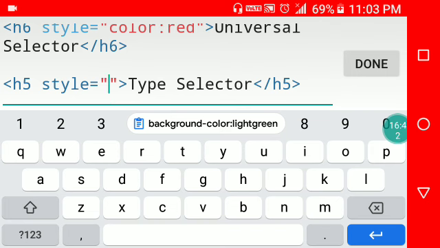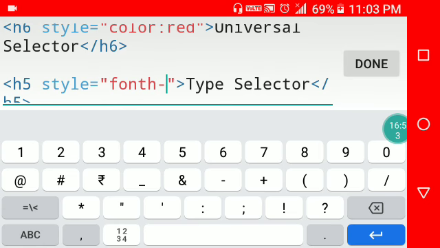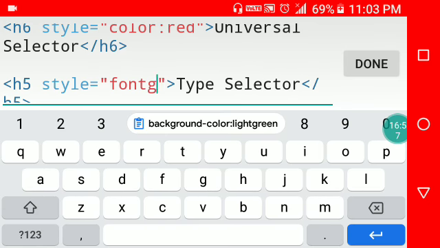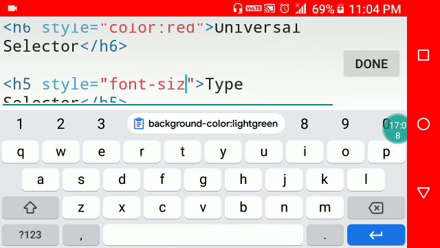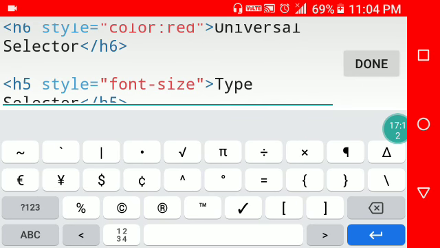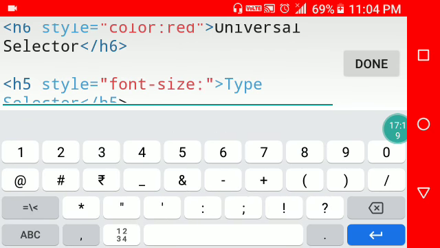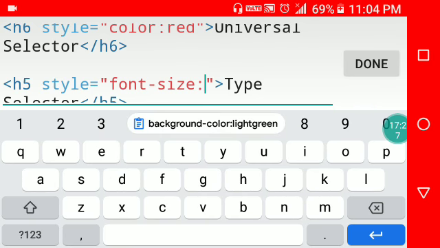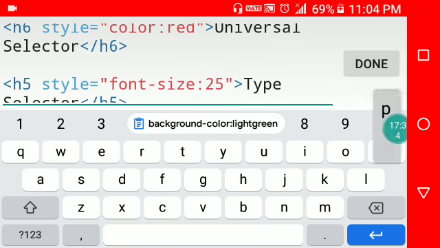Suppose using font size, you will write font-size colon 25 pixel.